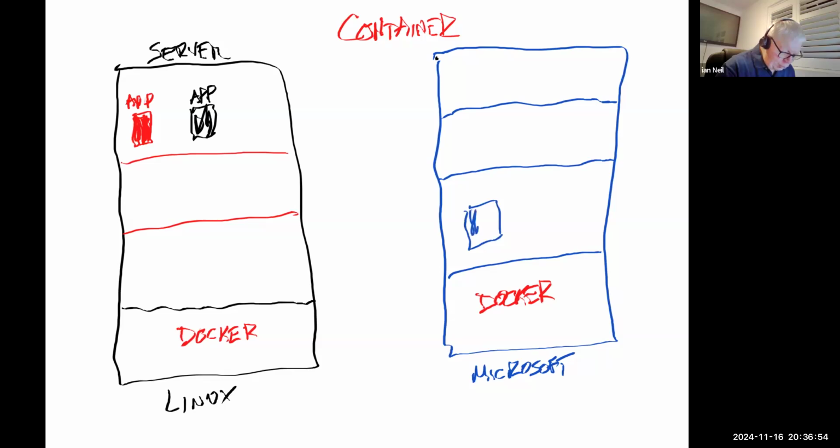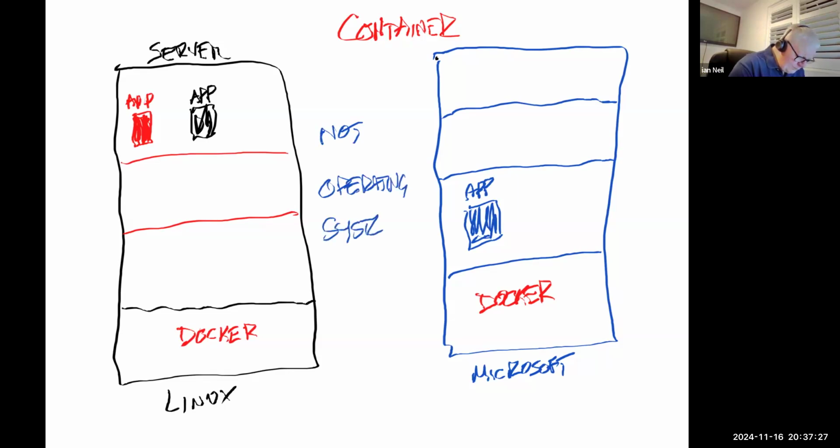Now, these have got their own autonomy, but they're nice and small and light. So they've actually taken less of a footprint than putting an application in a virtual machine and moving virtual machines on. Now, the thing about Docker and containers, it's not operating system sensitive. So it's not reliant on the operating system because it's got its own autonomy.